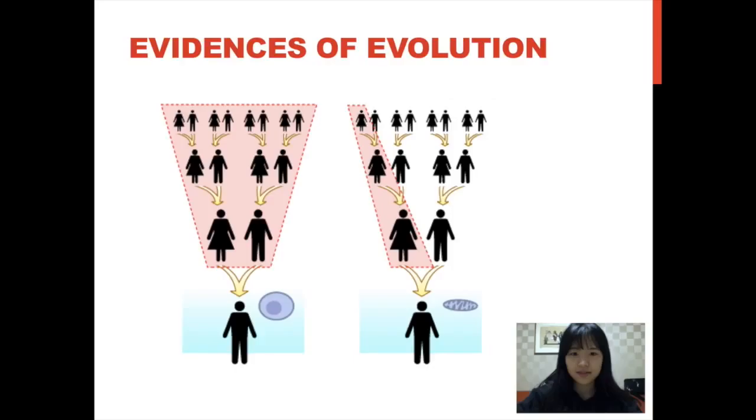And the fifth evidence of evolution is molecular biology, which researches the nucleotide and amino acid sequences of DNA and proteins from different species. Similar species share higher percentages of sequences than species that are not really related.